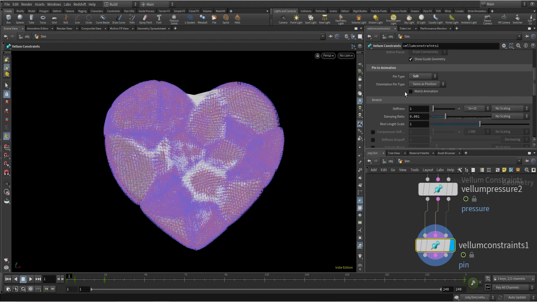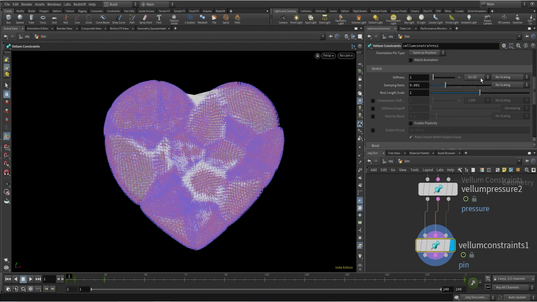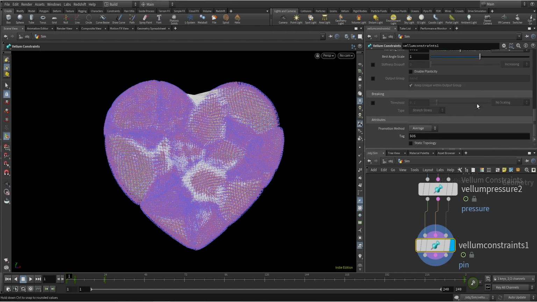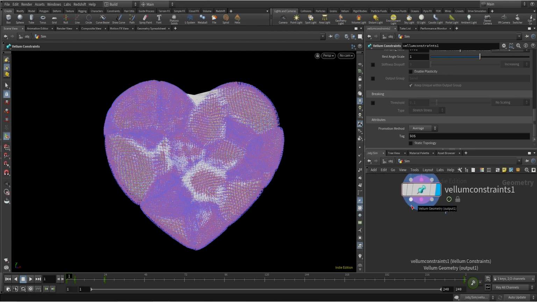Okay, so the pin to target constraint controls whether the object is going to take participation in the simulation or it will keep its original position. So higher the stretchability or bendability, that means it will keep its original position, and lower the stretchability or bendability, then it will take participation in the simulation. Okay,